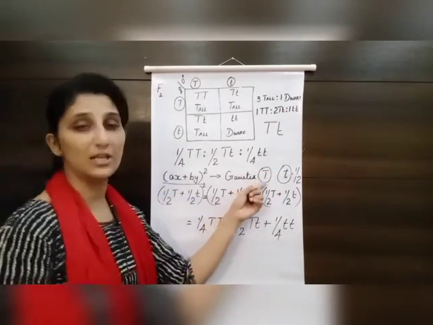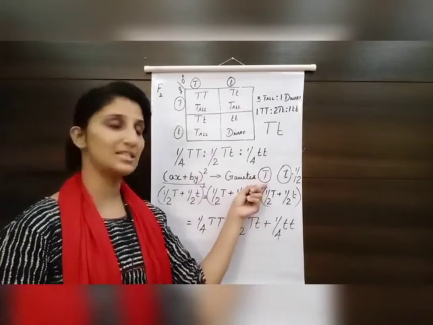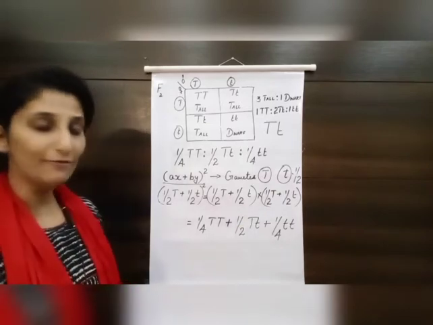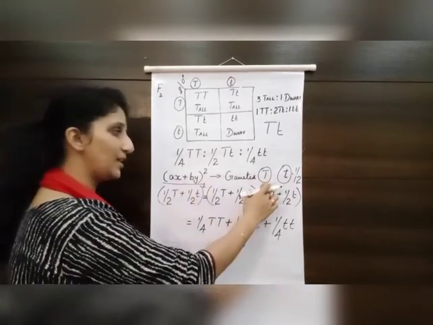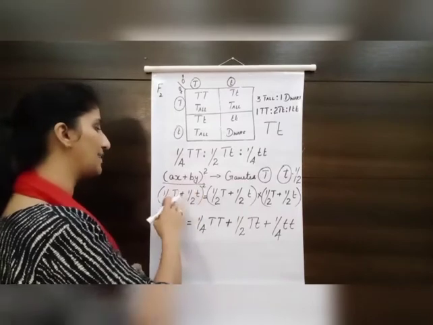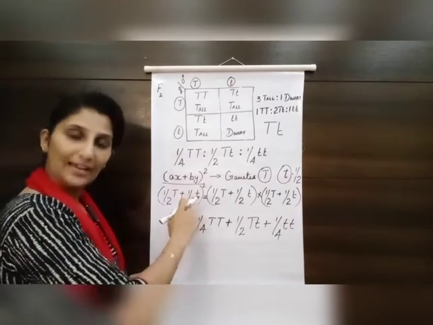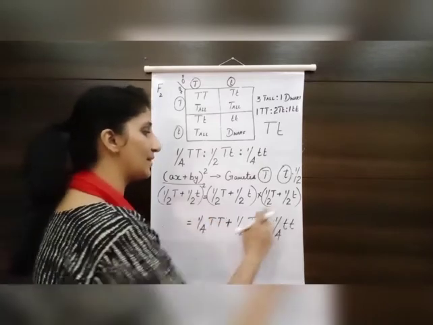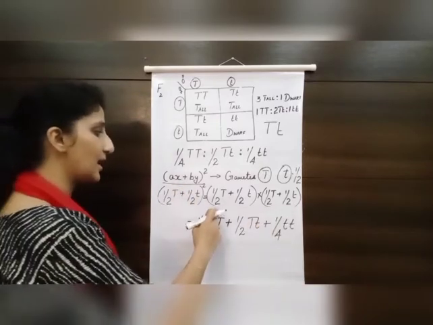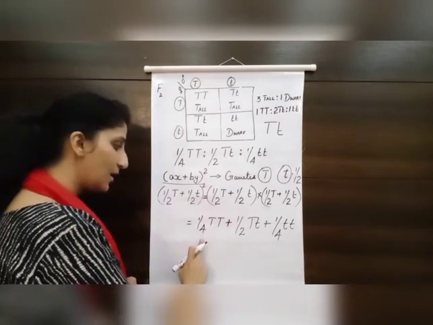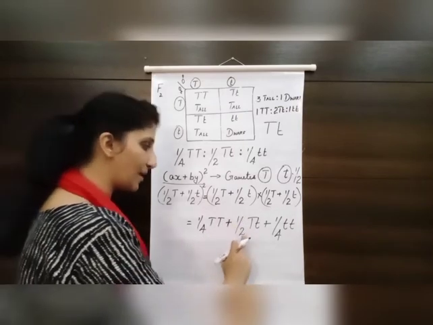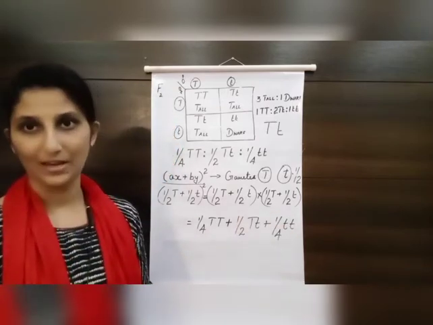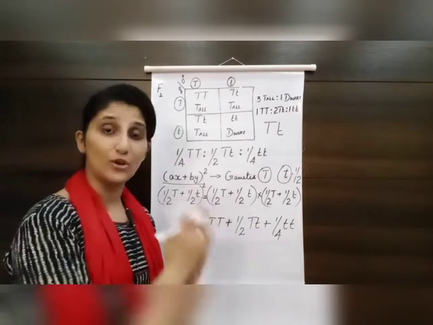That is, 50% of the gametes carry the allele T and 50% of the gametes carry the allele t. So if we represent these gametes in equal proportion, half and half, and expand this binomial expression, we get the result as 1/4 TT plus 1/2 Tt plus 1/4 tt. And thus we have arrived at the genotypic ratio